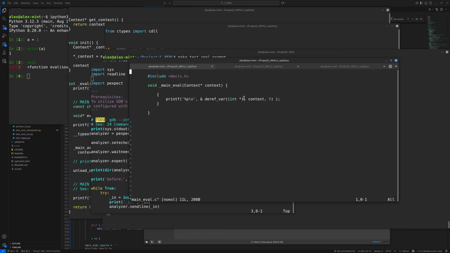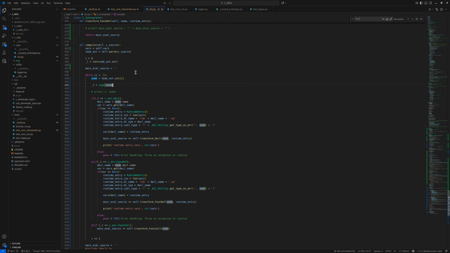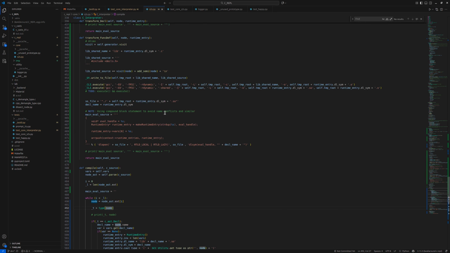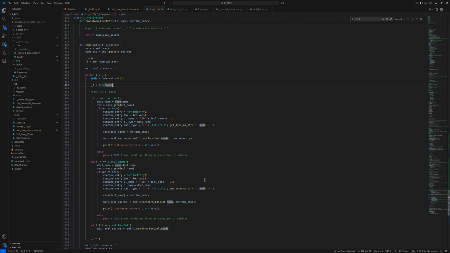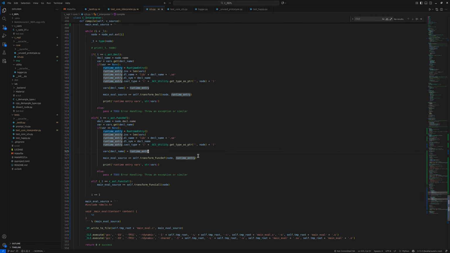So we have to find a way to extract the cast, and there's a lot of code here that I've built that would accomplish that. For example, it's here. I can get the type as PTR, and I'll be walking you through this in the next bunch of videos. How am I exactly doing this? But that's the concept in order to keep our program persistent